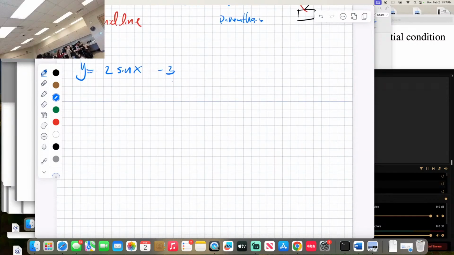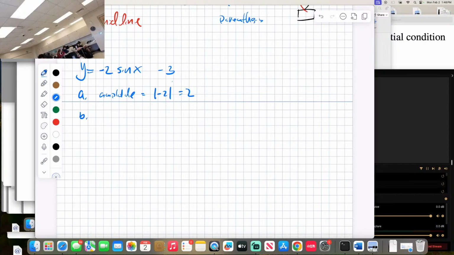So what you're gonna do is pay attention to the midline. So usually I will go through 4 steps. So what is the first step? The first step is tell me what is the amplitude. And I'm gonna do -2 also. We're gonna say amplitude is equal to the absolute value of -2, so it is equal to 2. So amplitude is 2,